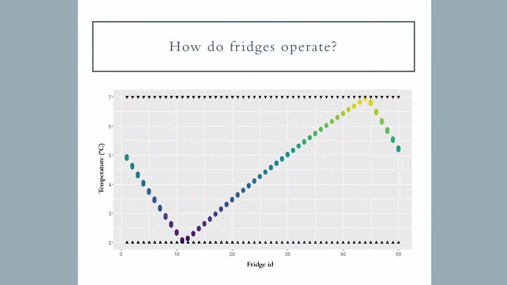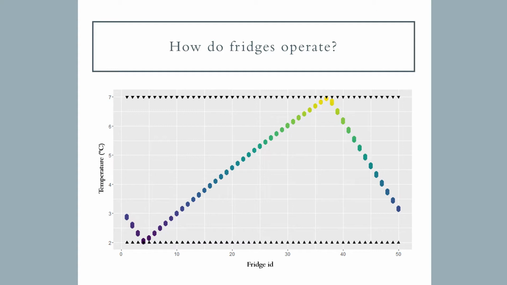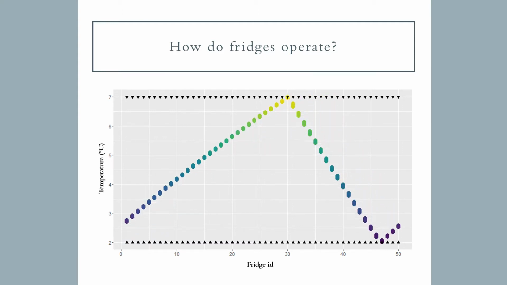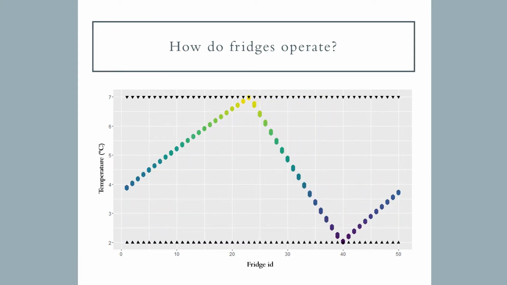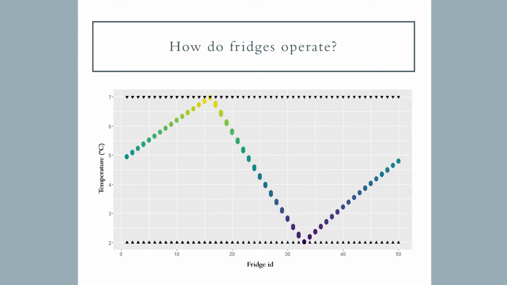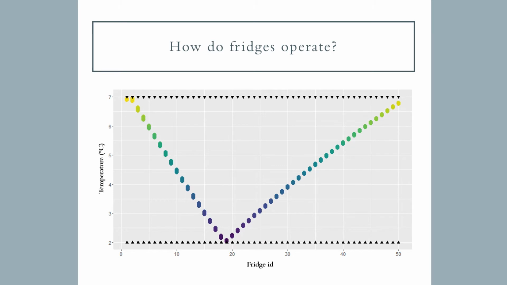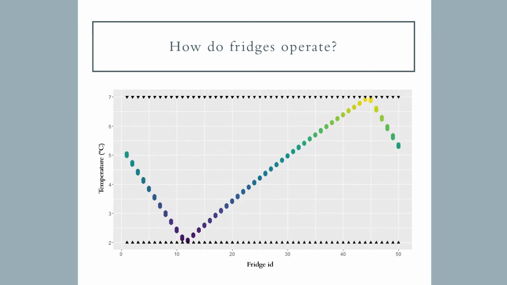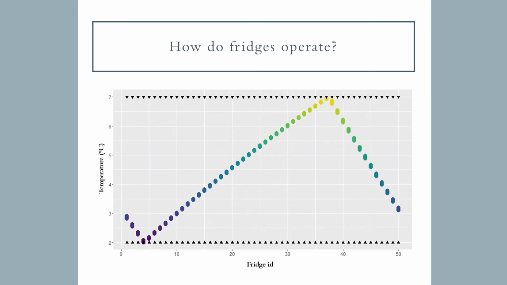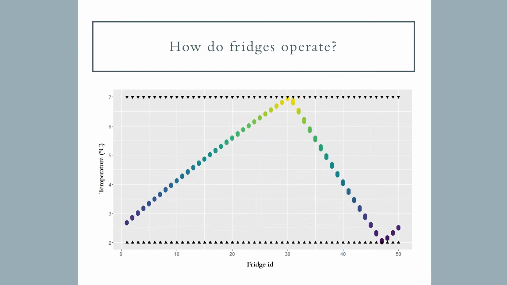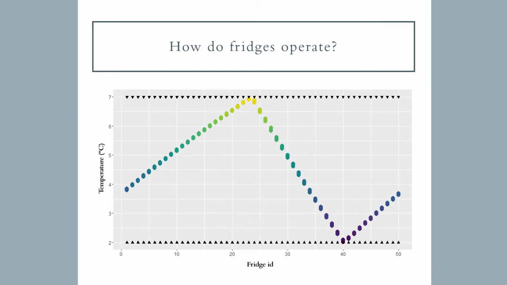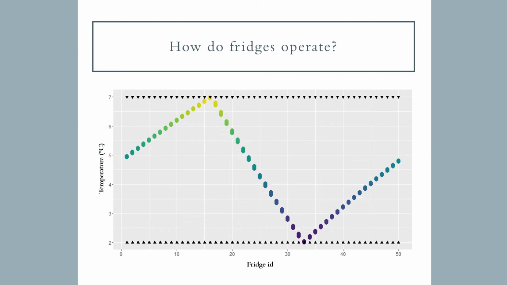This simple example shows how 50 fridges might operate normally, heating and cooling between their temperature set points. The simulation has been sped up, as normally one cycle would take around an hour. Fridges can be adapted to monitor the system frequency and change their temperature set points to advance or delay cooling. Individually, each fridge would act very similarly to normal, but as a large group they can make a significant difference.